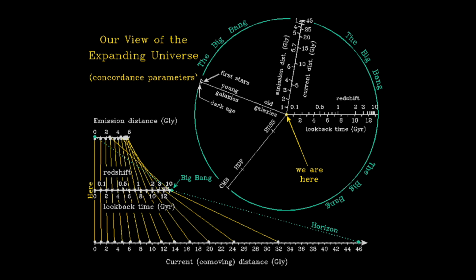And that's where we get those things from. Notice that the emission distance goes up from the beginning time and then swings back down and goes smaller. But then the current co-moving distance is the current proper distance, and that goes out and out and out and out and out and gets larger and larger as the universe expands. So the bottom thing is a true expression of where things are now, but the top thing is where things were